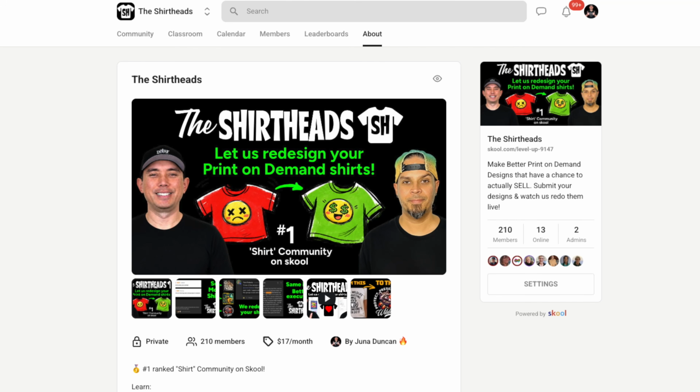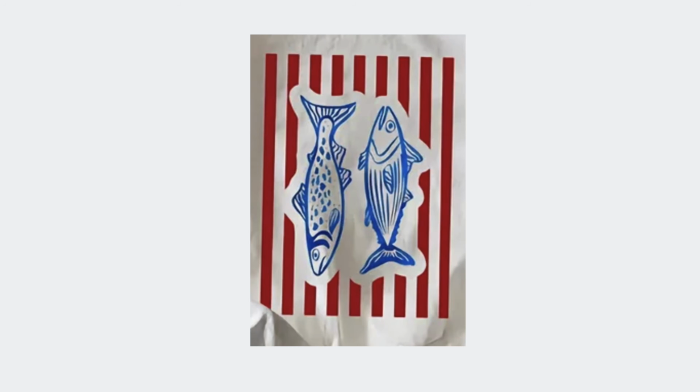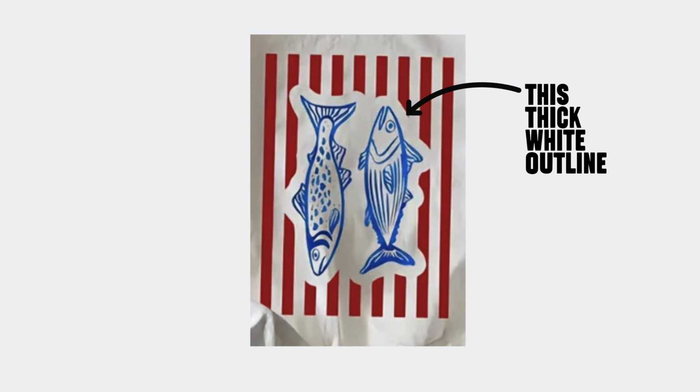Hey everyone, in my school community with Jay D'Souza, the shirt head, someone asked this question about outlines in Kittl. How do I create outlines like this in Kittl over the other lines that are behind there? So I wanted to show you how to do this in Kittl, answer that question, and show you all the